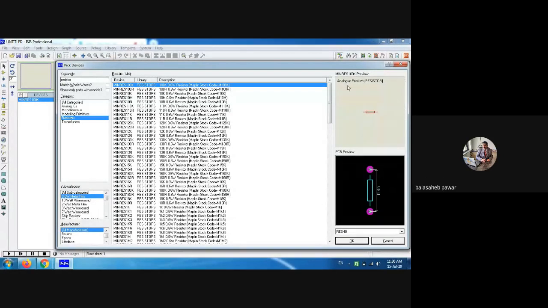Okay, if it is your op-amp based circuit, for example an inverting or non-inverting amplifier, and you are using a unity gain amplifier, that means RF and R1 should be the same, right? What you learn through your first year syllabus is that the gain of the inverting amplifier is simply RF by R1 in terms of magnitude. Actually, it is minus RF by R1. That negative sign indicates there is a phase shift of 180 degrees.